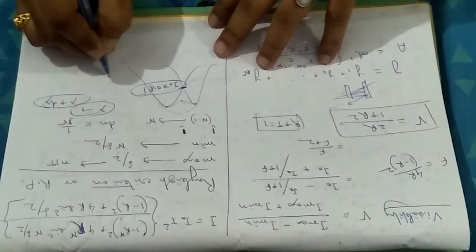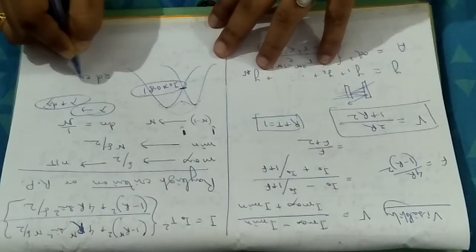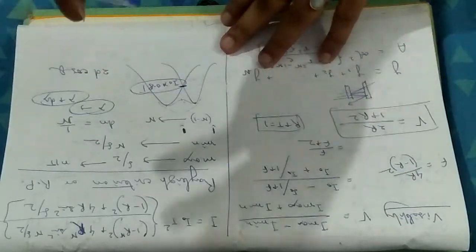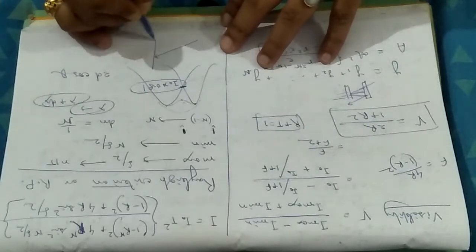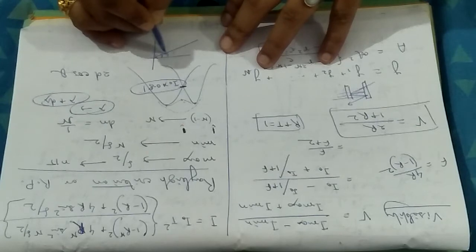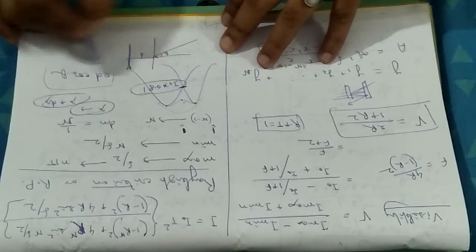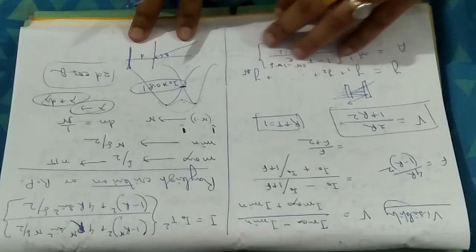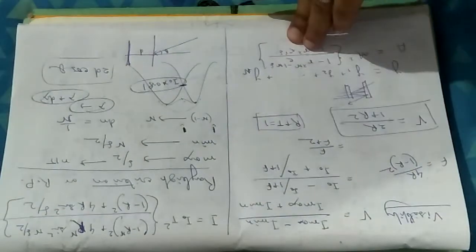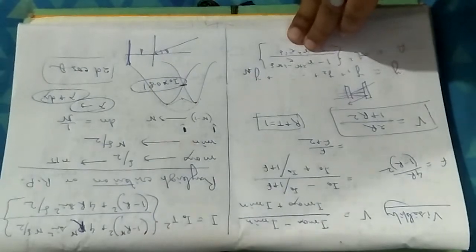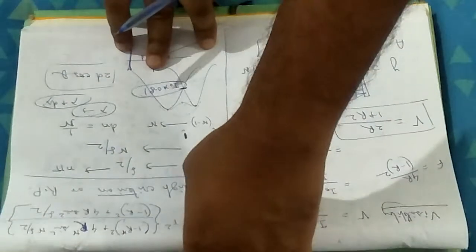Path difference, that I know, is twice d cos theta, because the angle of inclination of the ray incident on the glass plate was theta, and the separation between the two glass plates was d. So the path difference between them will be twice d cos theta. This will be satisfied for both the rays interfering at the point, which have a close difference in wavelength, d lambda. So we can write the path difference like that.